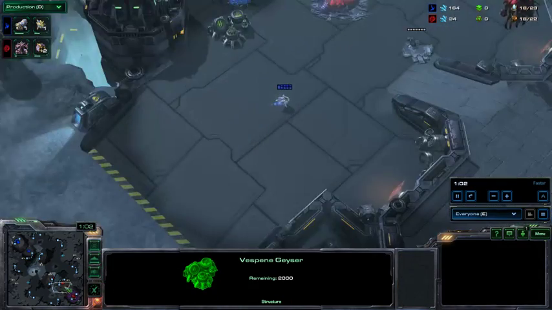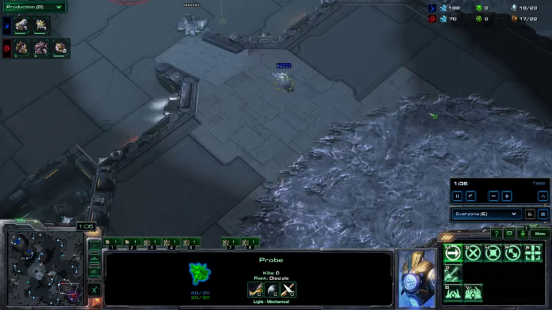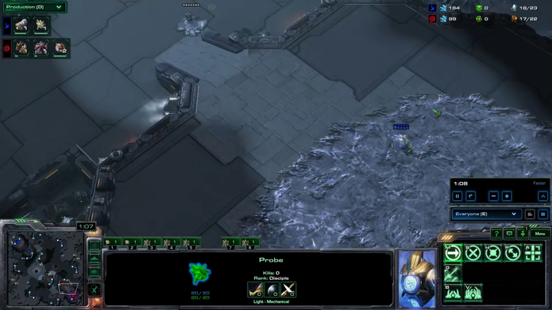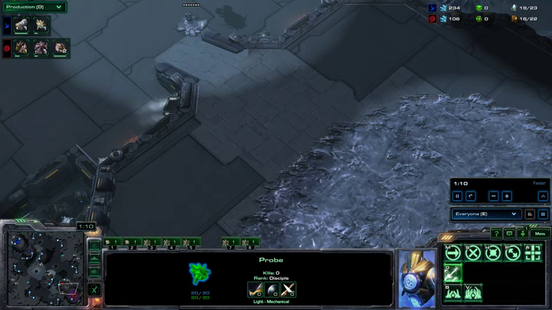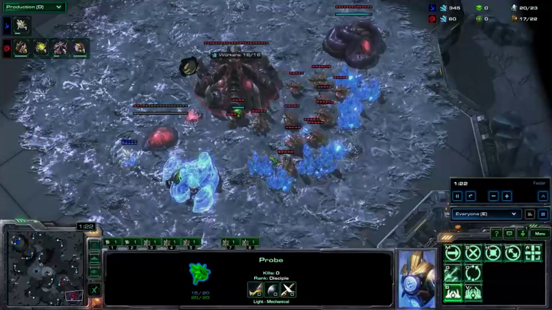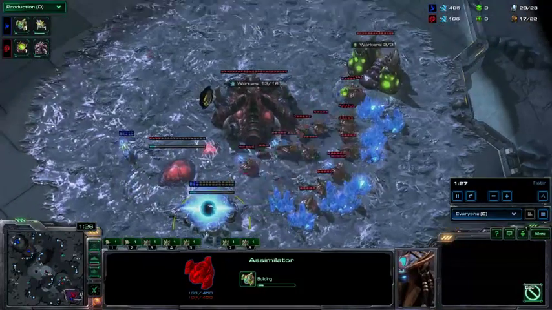So we have the probe here. The first tell you will see if, let's see, 1 second. The first tell. There we go. Alright, so the first tell that you're getting cannon rushed is if this probe tries to take a gas. And what'll happen is they're taking this, so you can't get roaches as quickly because they're about to wall off